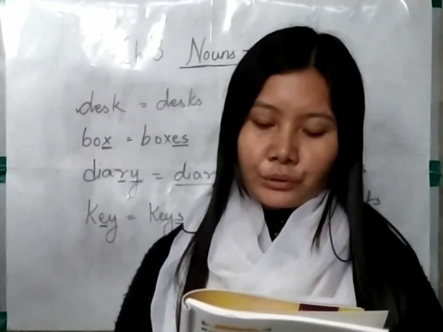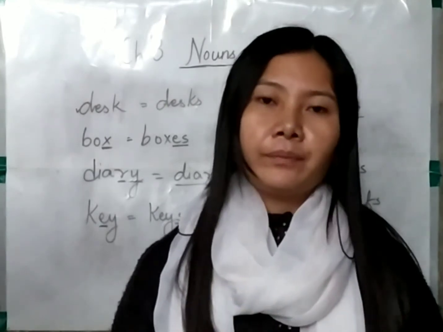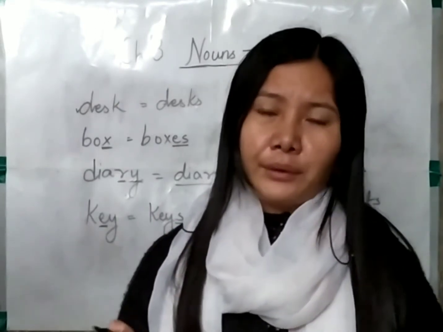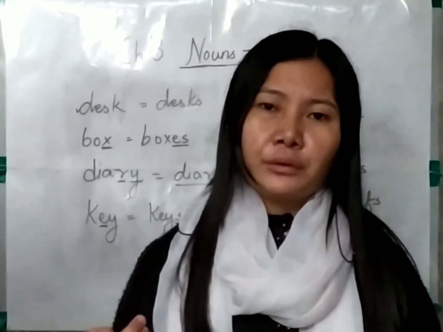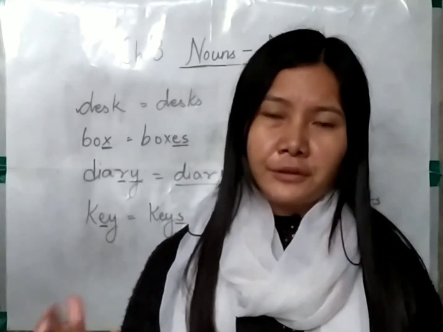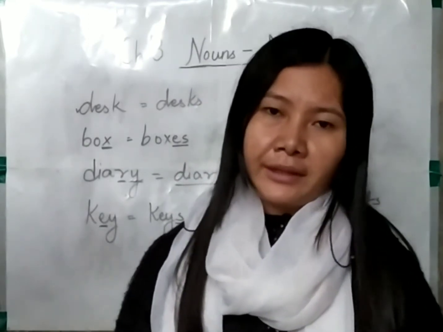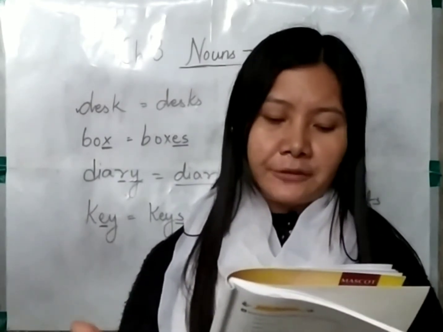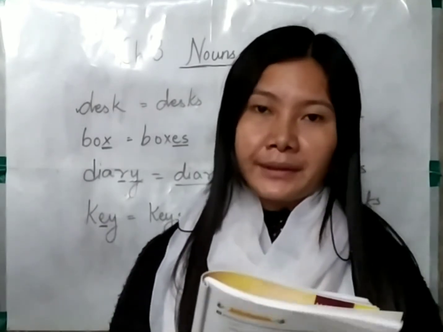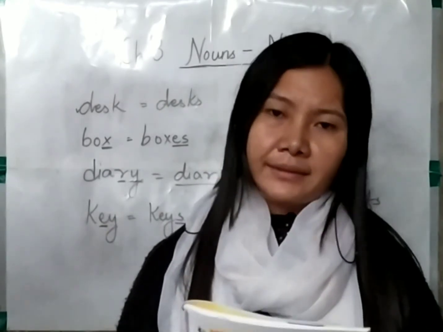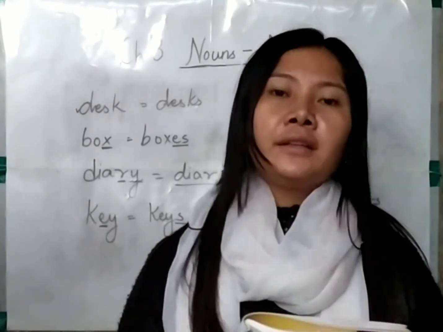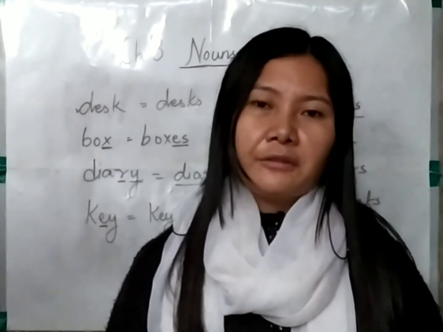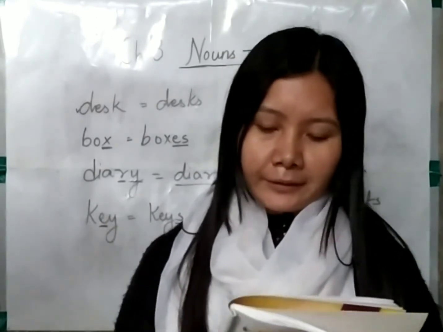Fishes can be used to refer to different kinds of fish. So if they are the same species of fish in an aquarium, then what will we say? We'll refer to them as fish, though there are many of the fish. But if there are different species, then we can refer to them as fishes. So that is what the book is telling us. But normally what will we say? We will say fish if there are many fish but of the same kind.